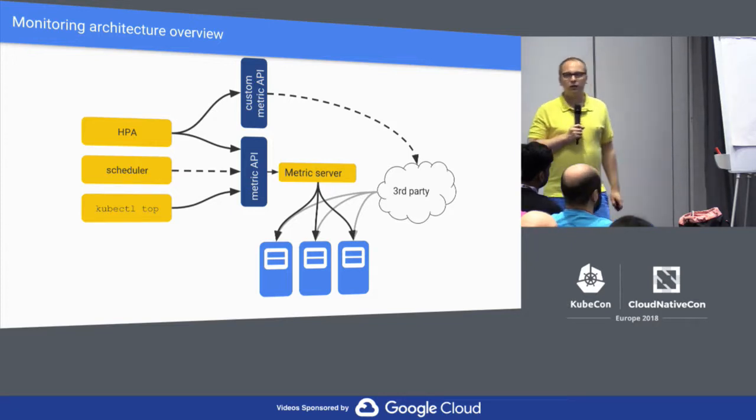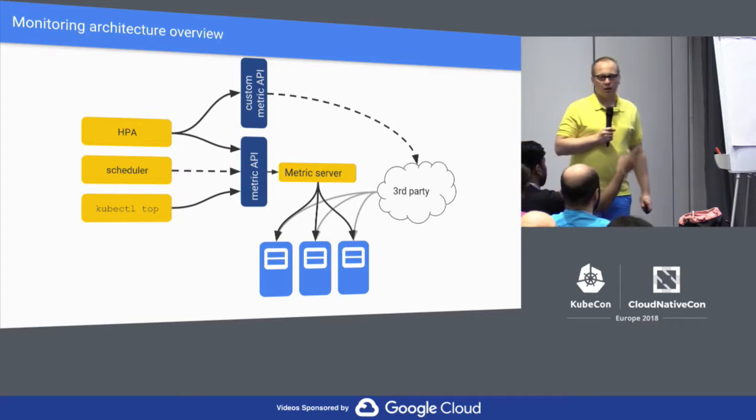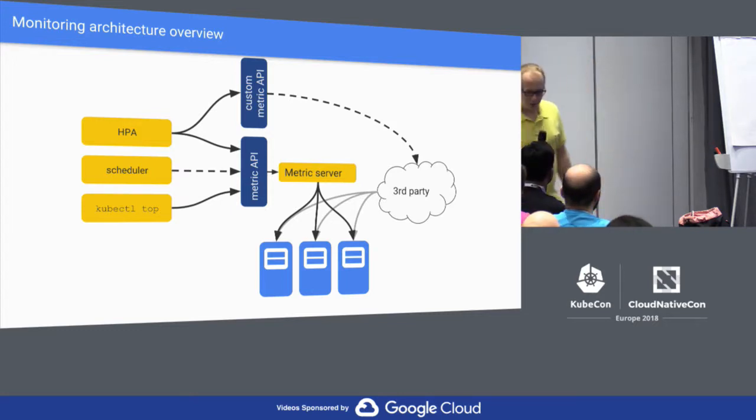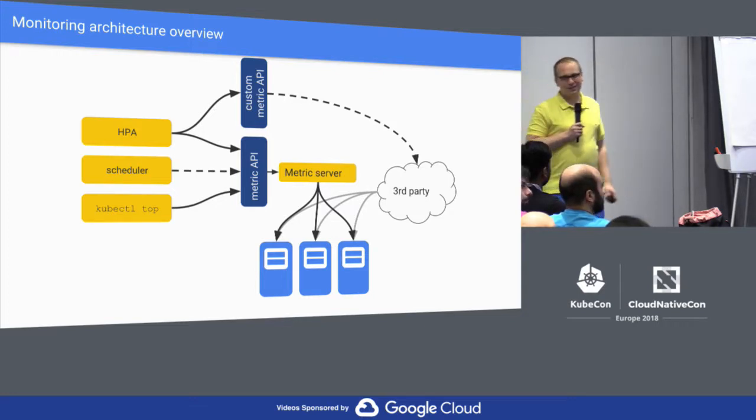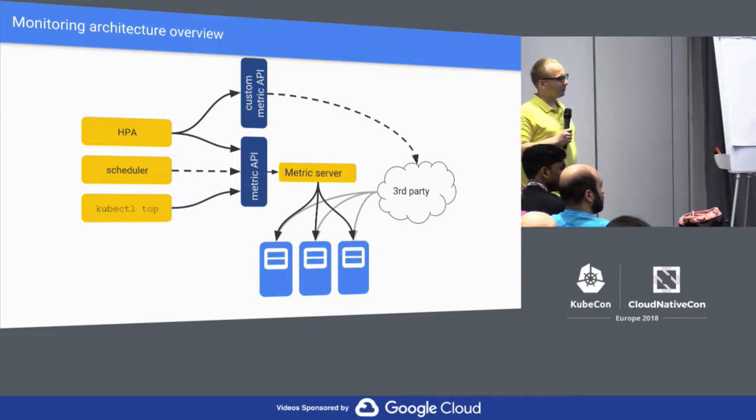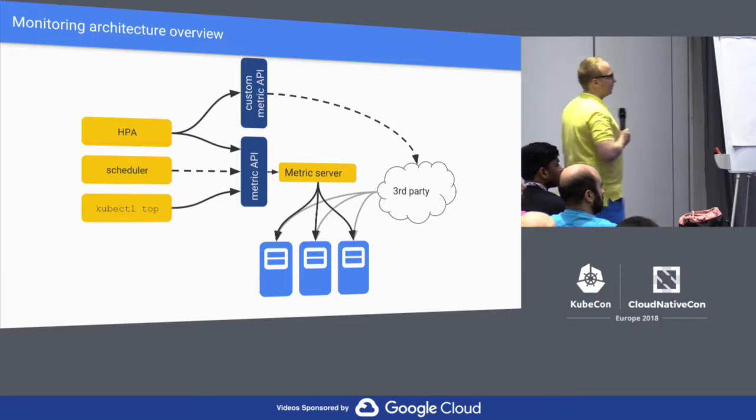Any questions so far? Can scheduler go for custom metrics API? Once again. Can scheduler use custom metrics? Yes. Theoretically, in theory, yes. Not at the moment. I believe the initial work around resource-based scheduling is just looking at the resource metrics APIs,